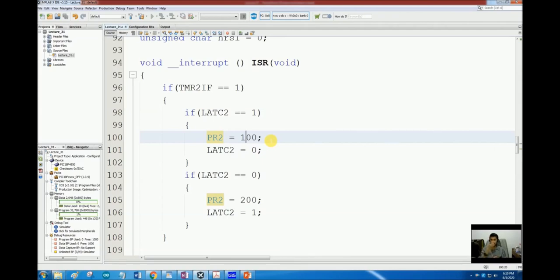On the other hand, if I was preloading the timer 2 register here at this point, if we did not have the PR2 register and we had to preload the timer 2 register instead of loading the period register, what would happen? At this point, the TMR2 had already counted up to, let's say, 10 after overflowing, and after counting to 10, I am preloading it with the value of, let's say, 156, because I needed 100 counts.